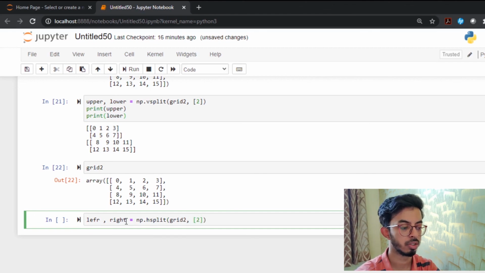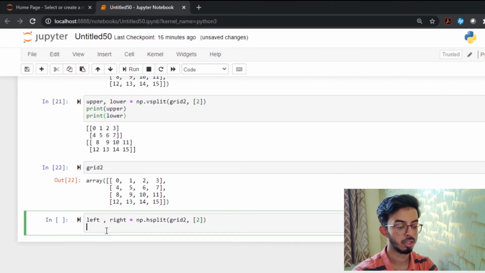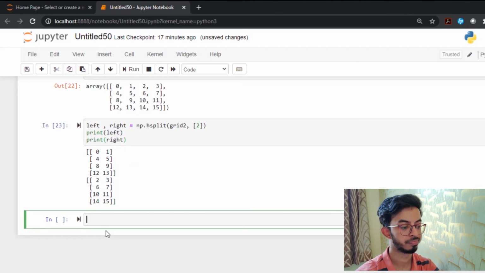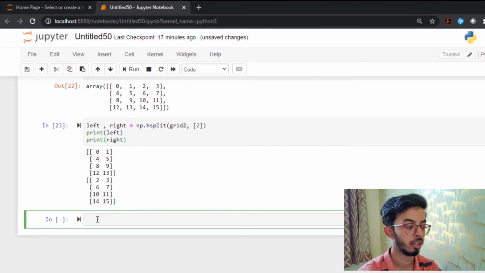Let's give 2 because 0, 1, that would include these two. Let's print. Okay, the spelling is wrong. Let's print these two: left, right. There you go. We have split grid 2 into left and right.